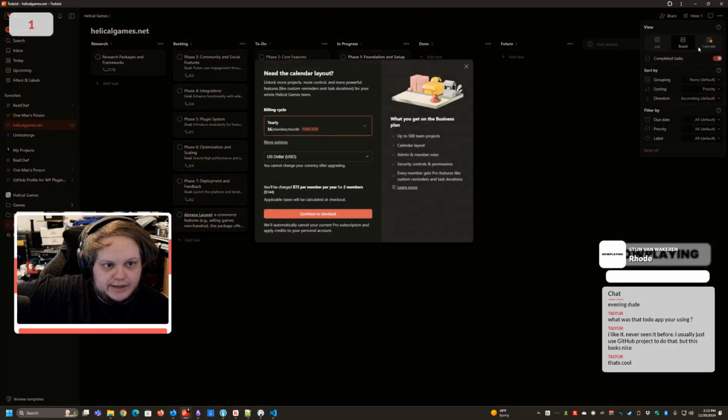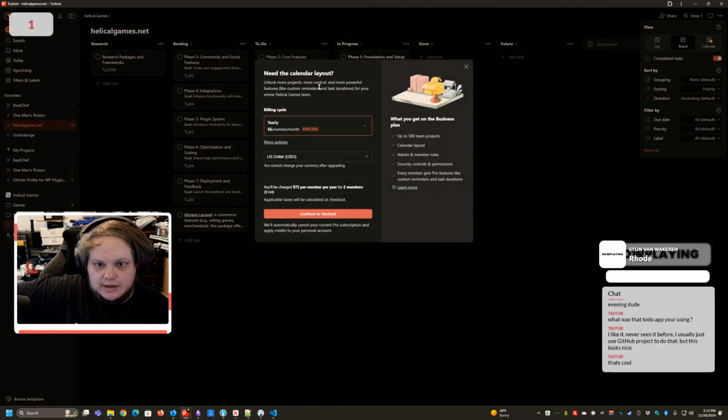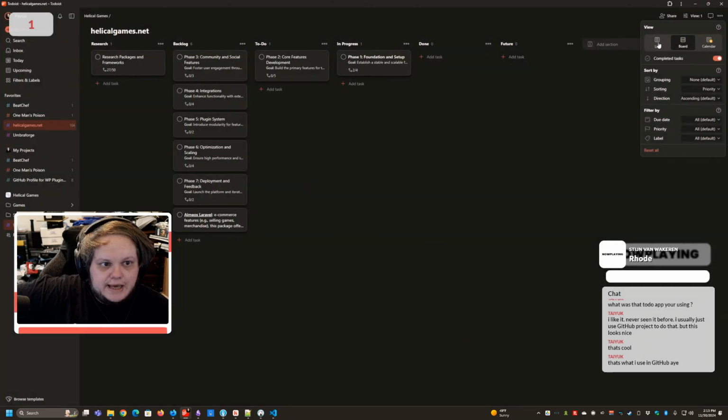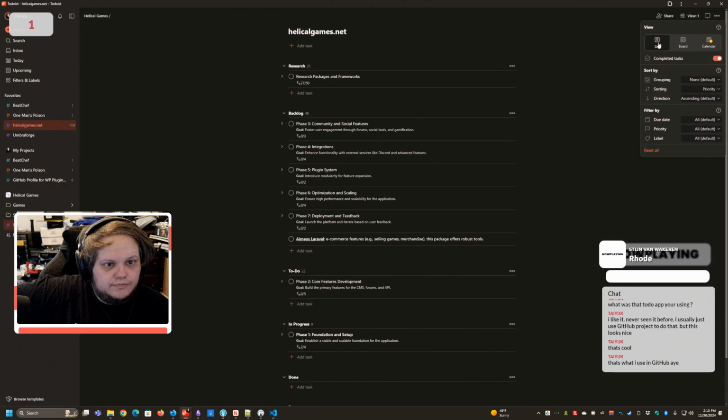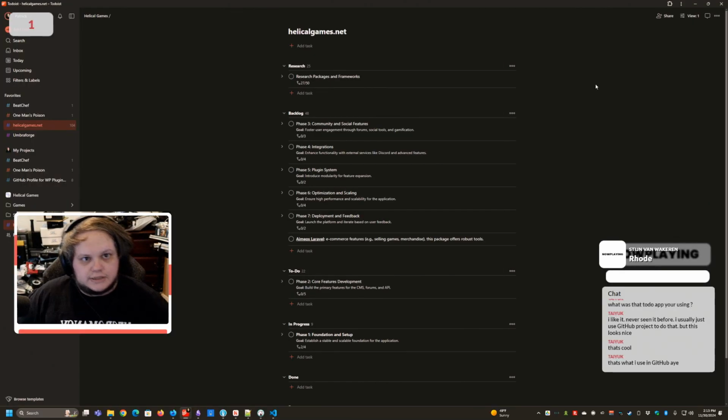And then it can even break it down if you have, yeah, so this is one of those things. It has a calendar layout, but you'd have to upgrade to get it. Yeah, we're gonna use GitHub Projects, and in fact, at one point we were gonna use Jira, but